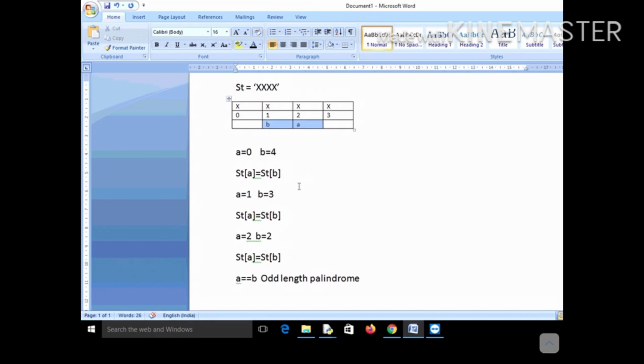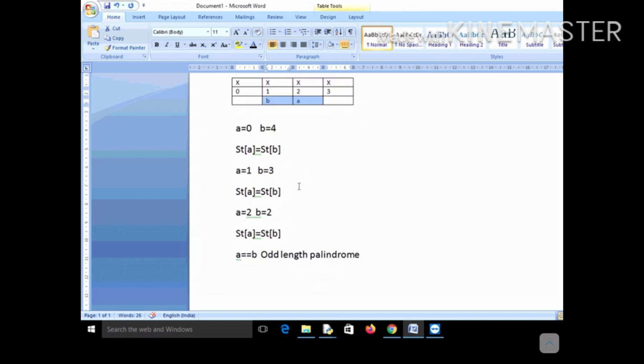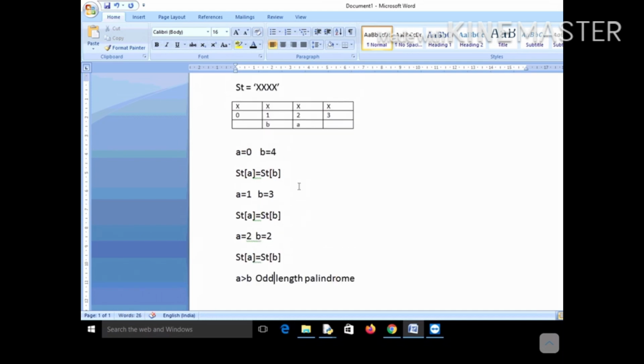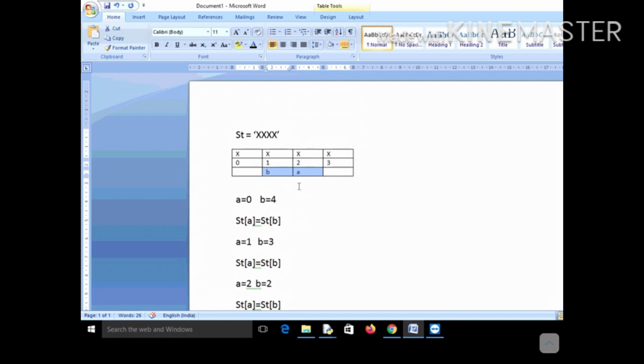So finally after checking, if it is an even length palindrome, then A will surpass B. The value of A will become greater than B, and in that case it will be an even length palindrome. Eventually A will become greater than B in case of an even length palindrome, if the string is a palindrome.